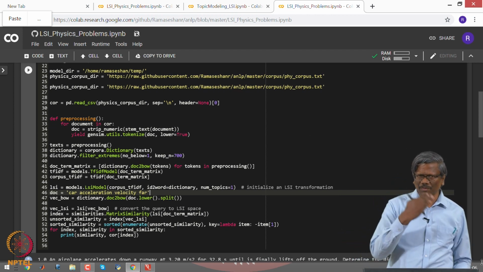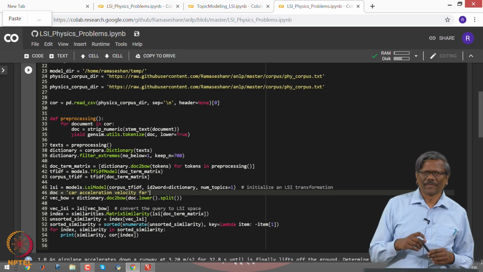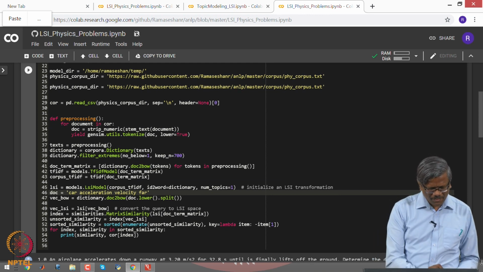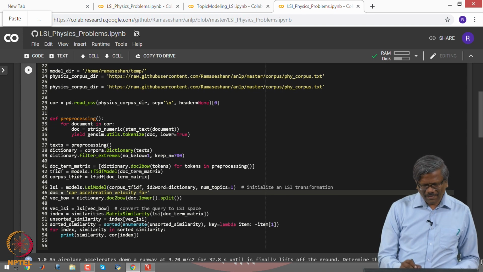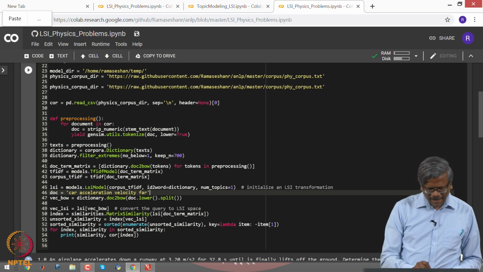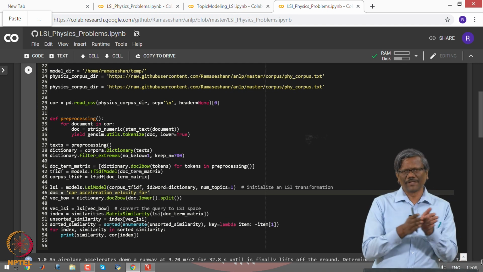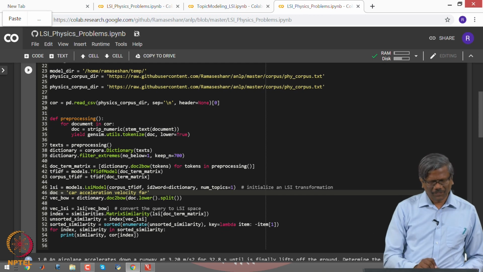So, for you to do that, the query has to be converted into the SVD domain, right, or the LSI domain. So, we first create that LSI model using the sigma as 1, and then using the dictionary which contains the word ID to the word, and then using the TF-IDF.